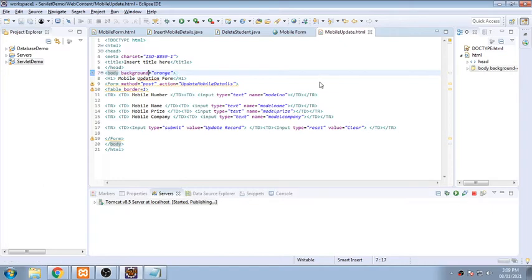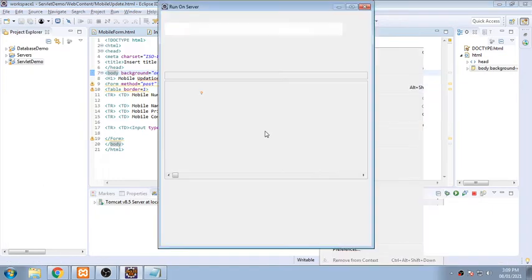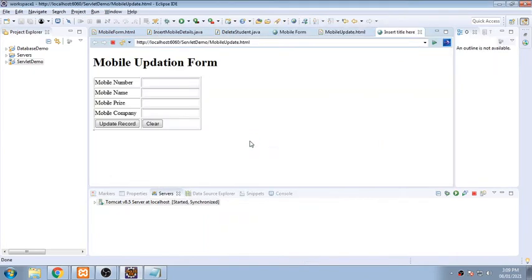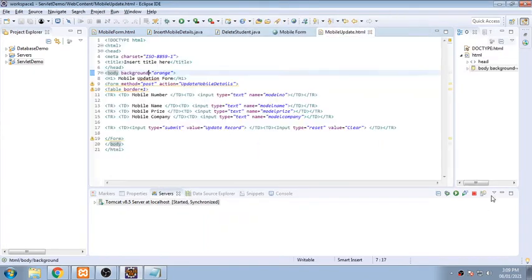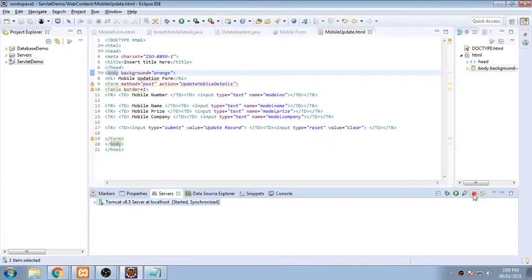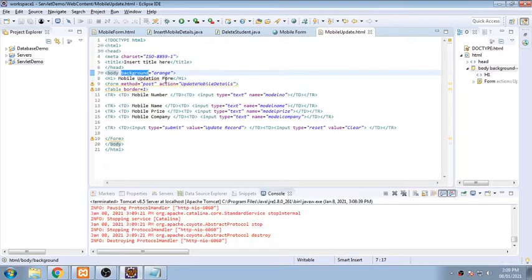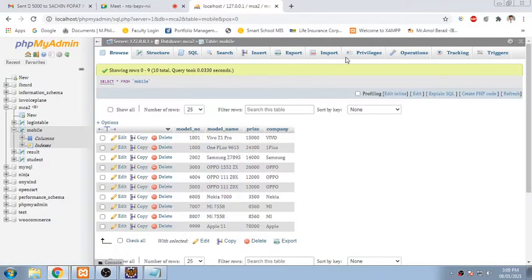One second. So everyone knows the property for background? Yes.